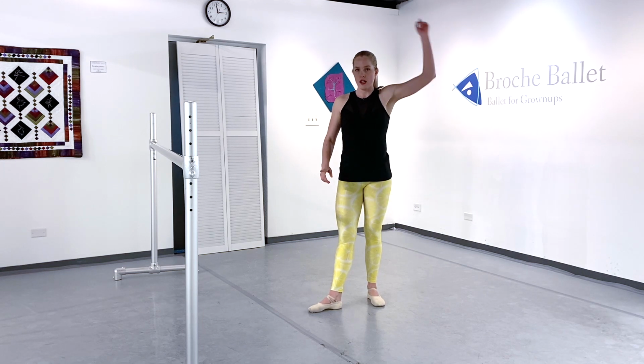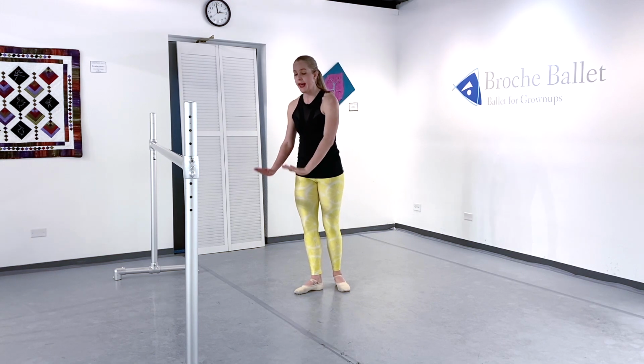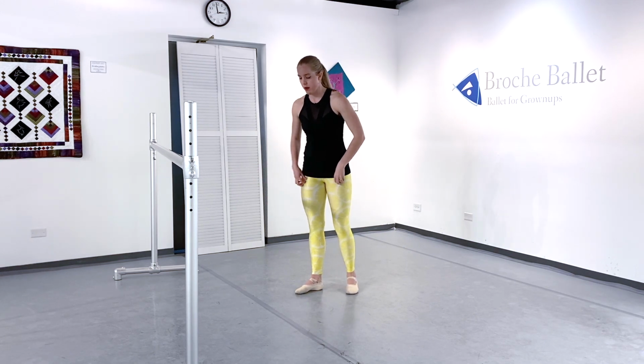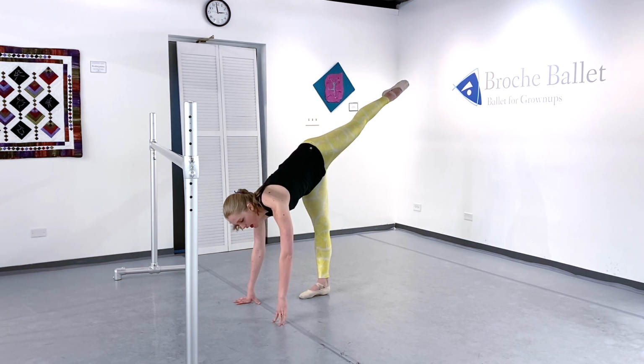So when I go down all the way to the floor, my leg's going to go up overhead, and then I'm going to think about where my hands are on the floor. So once I get down there, I'll show you how that works. We're going to get into this position with the leg up, and we're going to feel our shoulders square